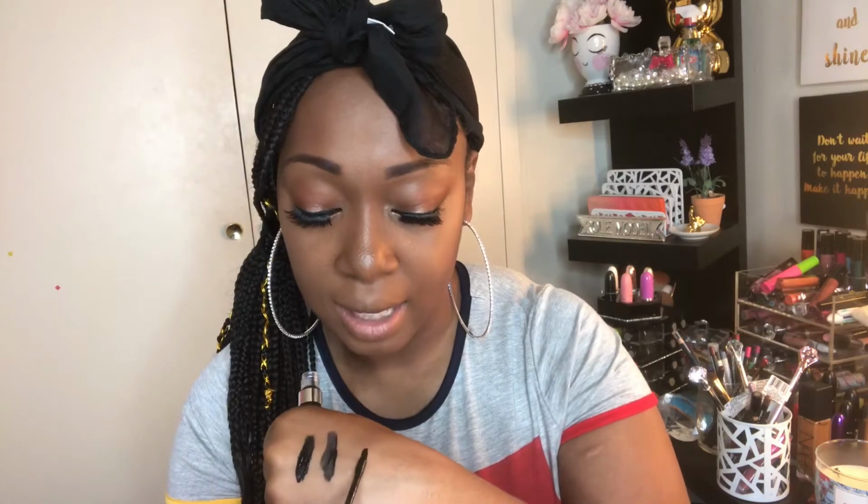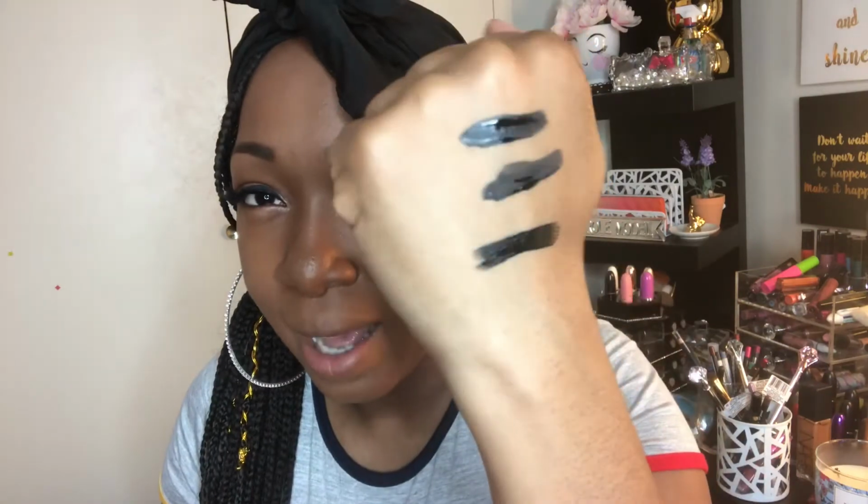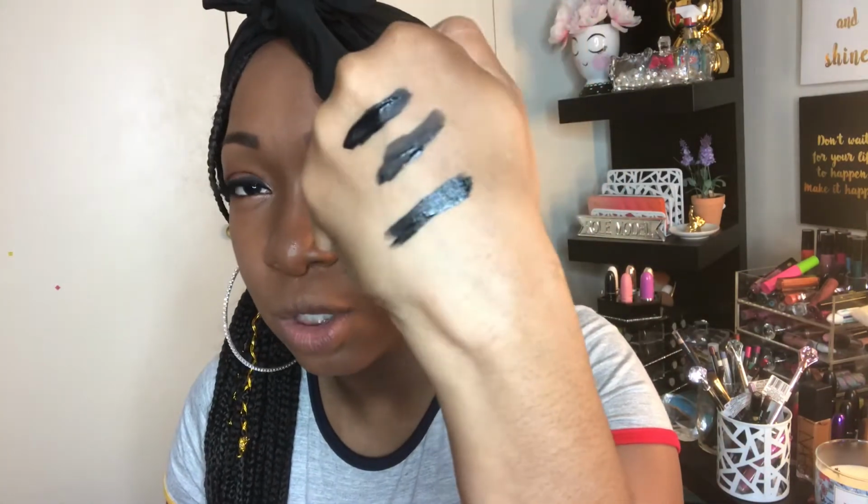And I'm going to swatch this one right here next to the steal. And yes, it just seems like as we go up in price, we go up in that opacity as well. Because look at this. Check this out. Look how black that is. They're all pretty black. They'll all do what you need it to do. But I feel like $6.50, this is a bargain. If you need a black lipstick and you're going to do a ColourPop order or vice versa, go ahead and